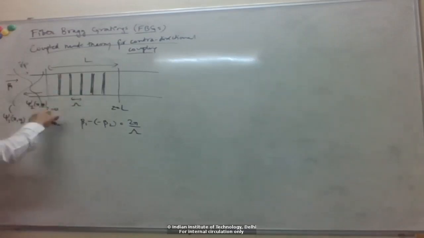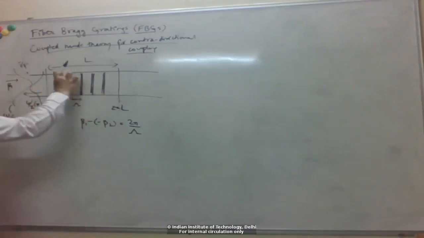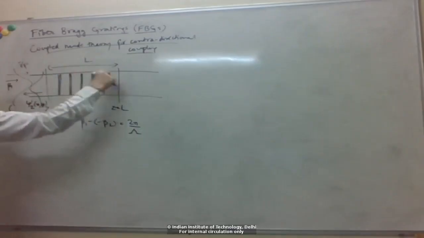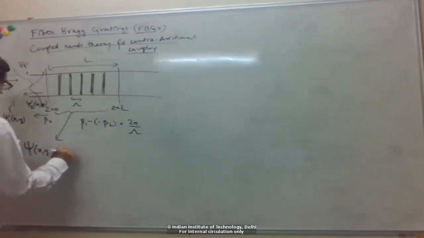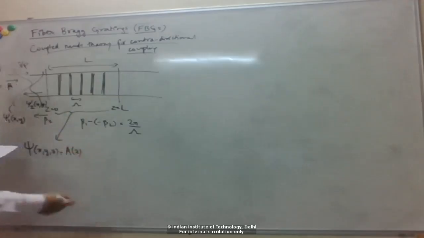Okay, so in this region, in the Bragg region here, the forward propagating mode is getting reflected, and then the backward propagating mode is building up here. So in this region between Z equal to 0 and L in the Bragg region, we can write the total field, right, as a superposition of the forward and the backward,